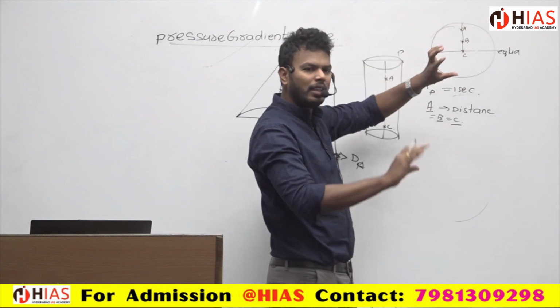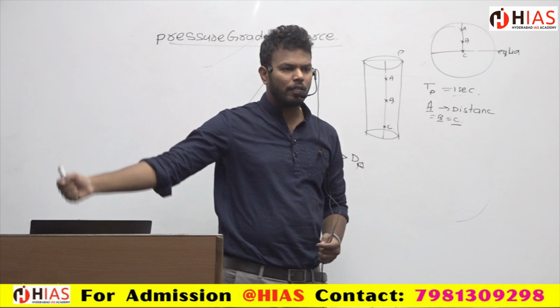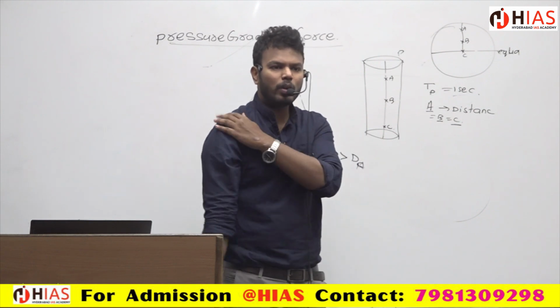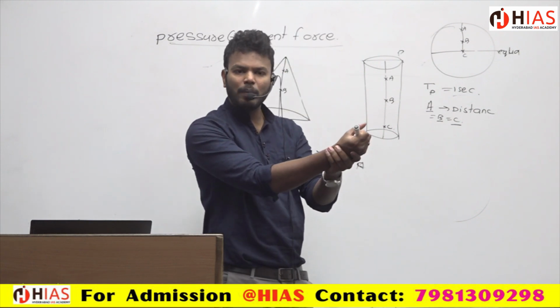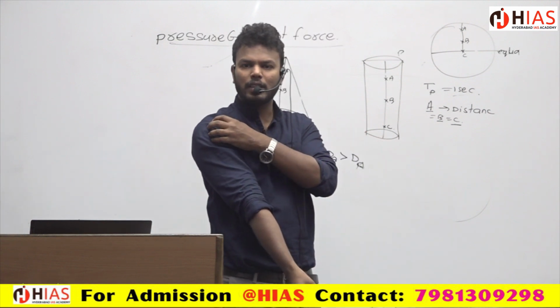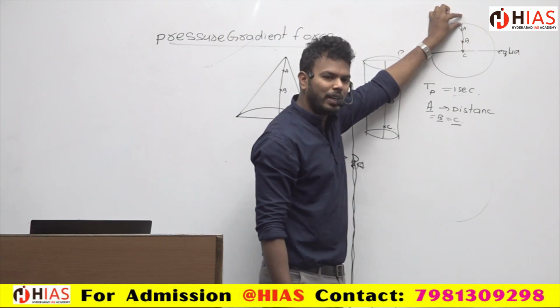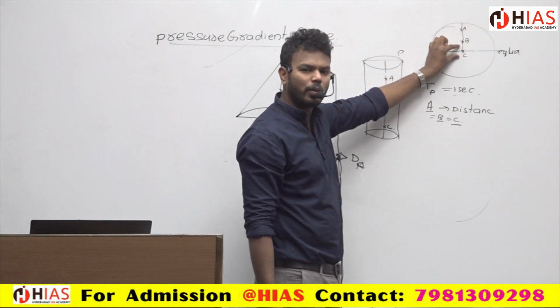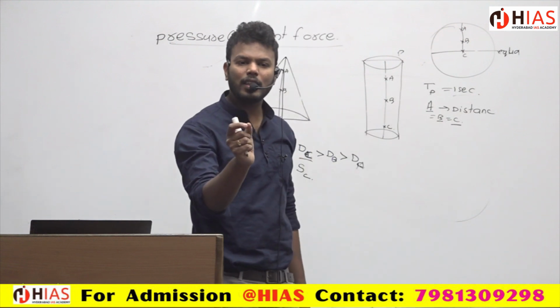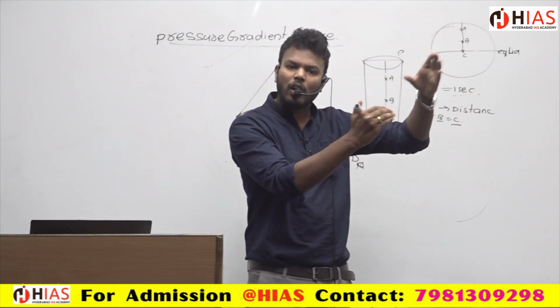For suppose, if I rotate my hand in a complete rotation, the distance travelled will be more over here. You can feel it is travelling with more speed here and less speed at the shoulder point. Similarly, here the speed is less and here the speed is more. So at the equator the speed will always be more, and from the equator towards the poles, the speed will always be less.